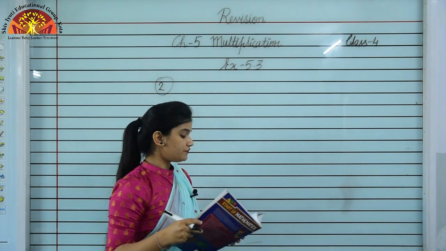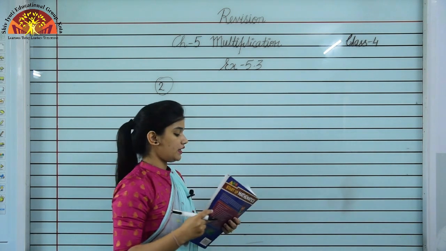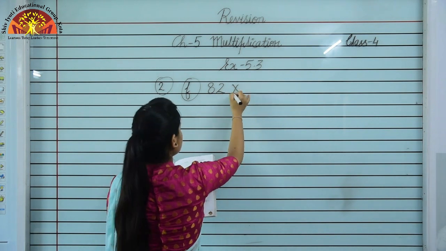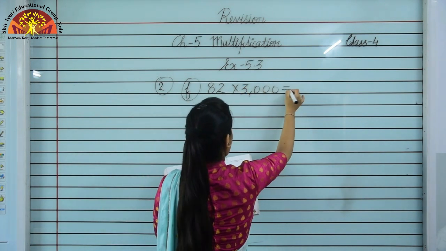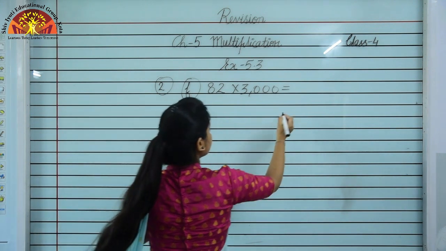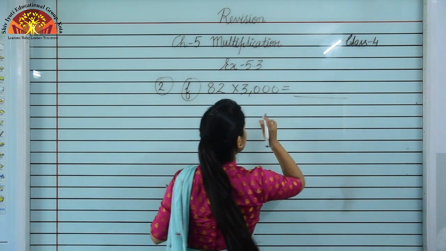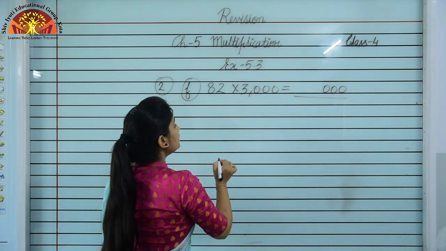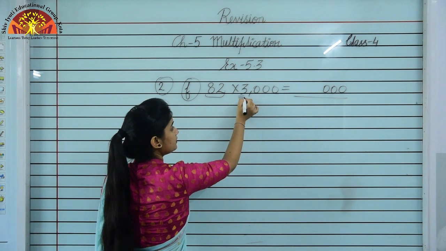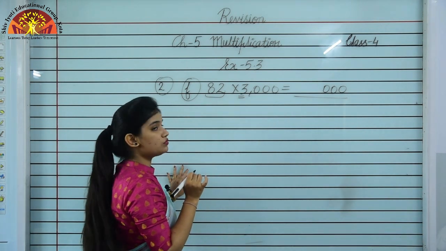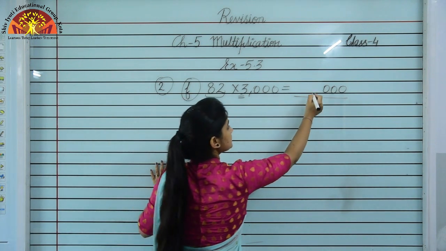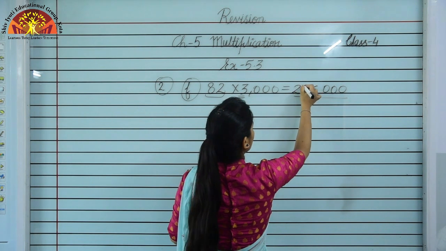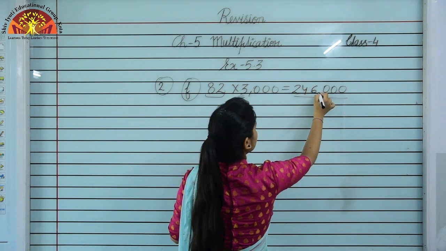Question number 2 is fill in the blanks, and we are observing F part. F part of this question, 82 multiplied by 3000. So just look here. Again you have to observe the 0, 1, 2, 3. So you will put 1, 2, 3, 30 here, and you have to multiply this 82 by 3 only. Multiply 82 by what? By 3. So 3 2s are 6 here, and 3 8s are 24, and the answer will be